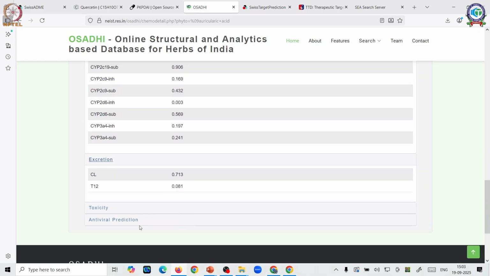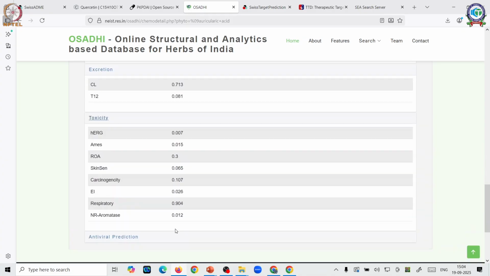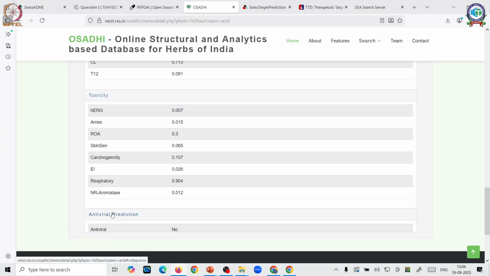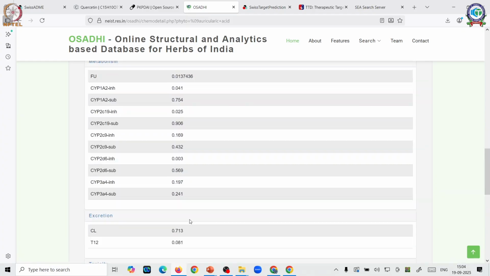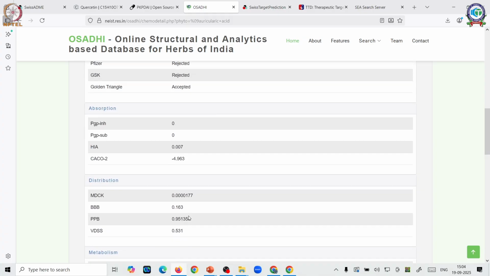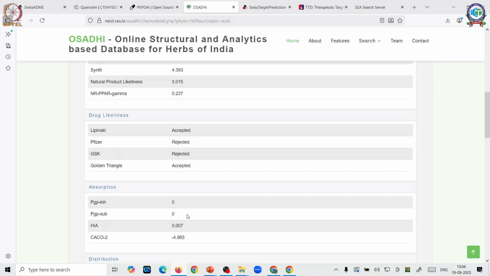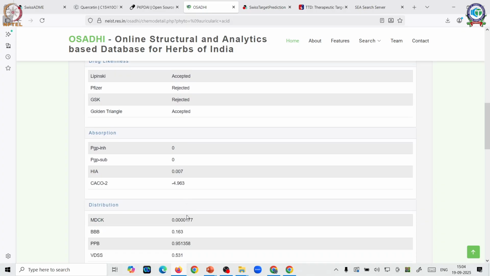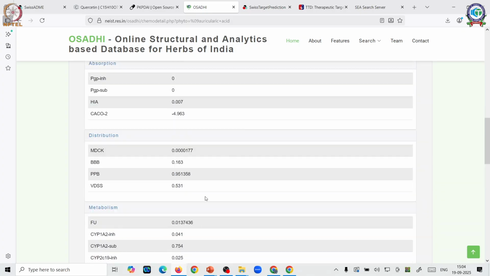These are clearance values and toxicity values. So you can see here you get good data. Is it antiviral? No. So the Oshadi database gives you readings about the physical attributes, chemical attributes, drug likeness, absorption, distribution, metabolism as well as excretion.